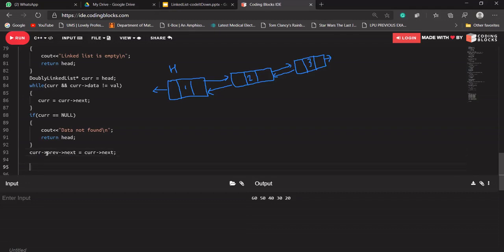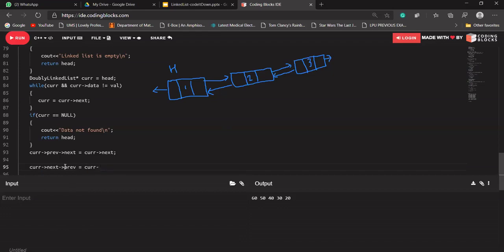As well as, okay, so I have changed its previous node, it means now 1 is pointing to 3, and because 3 is still pointing to 2, now 3 should point to 1. So I'm writing current's next previous. Current's next is 3, and 3's previous should now point to 1.